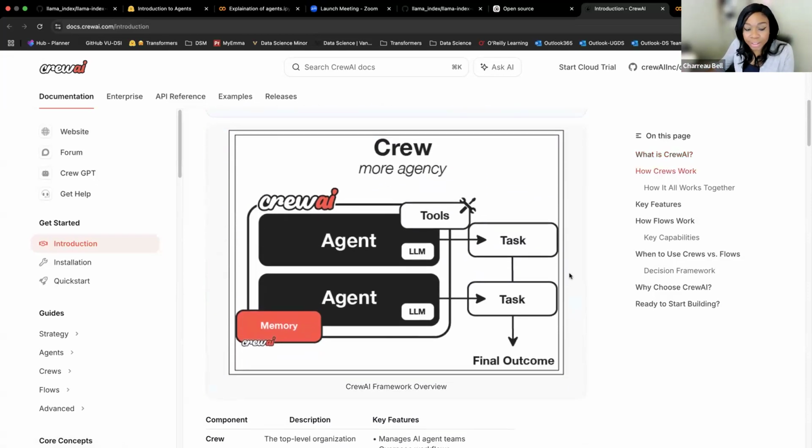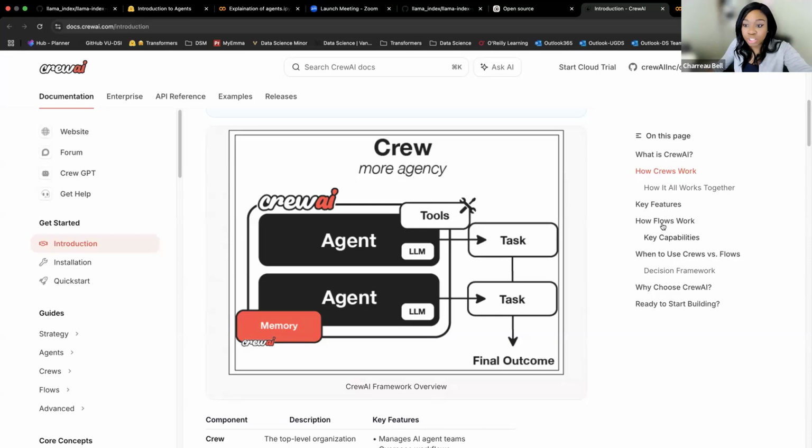So again, we kind of already saw this. Our crew has one or more agents, and we also have one or more tasks per agent. Our tasks are related to the agent. Our agent has an LLM, it has a goal. The task has a definition and outputs. We can put all of those together into a crew. We also have the additional things that we would expect, so we have access to many different kinds of memory implemented in very different ways, depending on what you're interested in. And the system is able to execute based on that to achieve some final outcome.